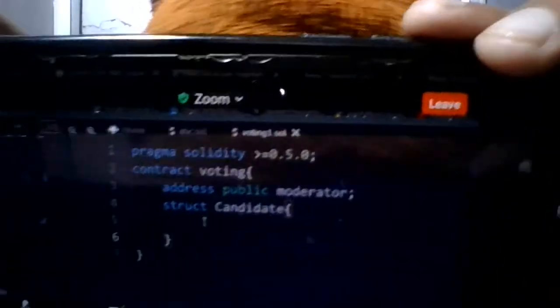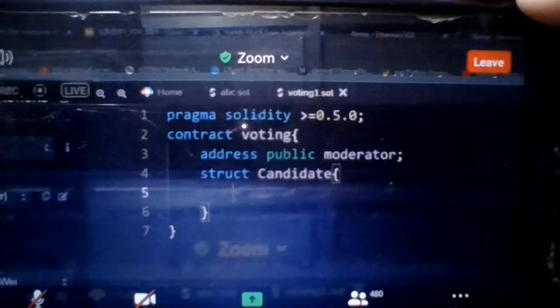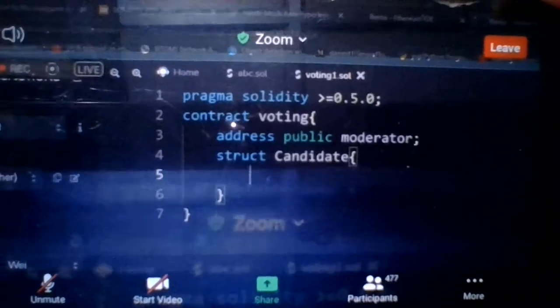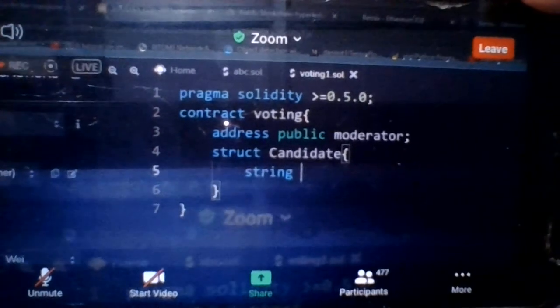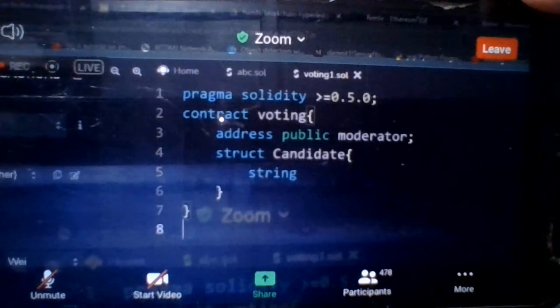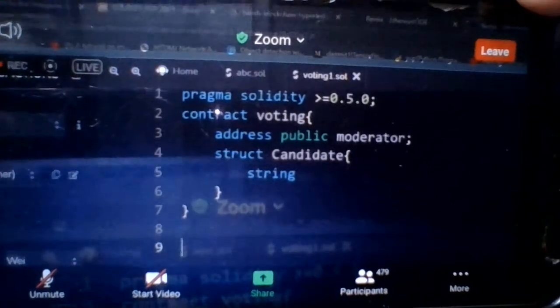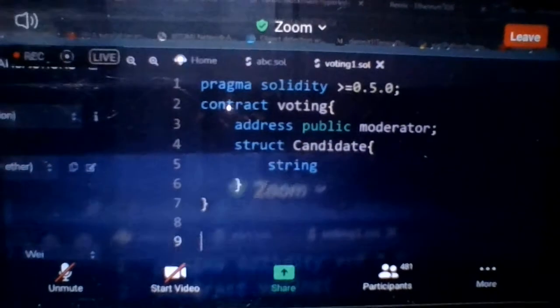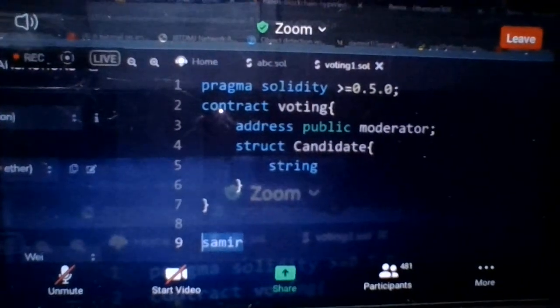First, our candidate has a name. For defining the name, we have to type string, because names, as you already know, are strings. What is a string? More than one character is a string. If my name is Samir, this is a string, a group of characters.